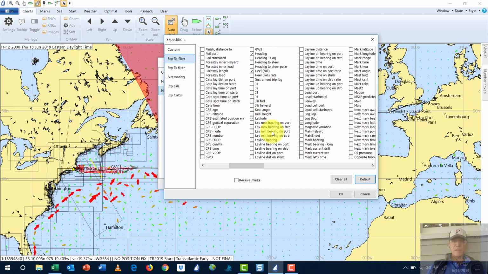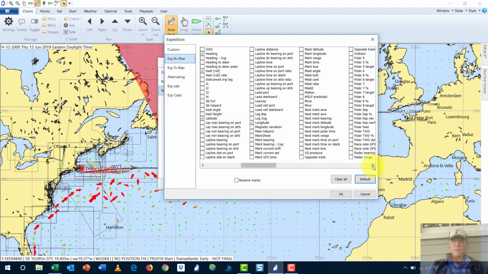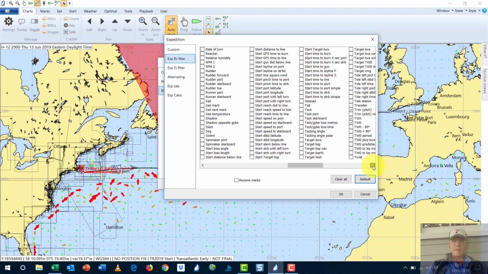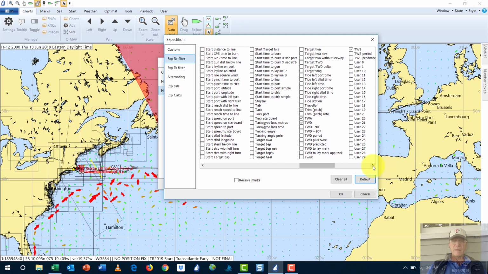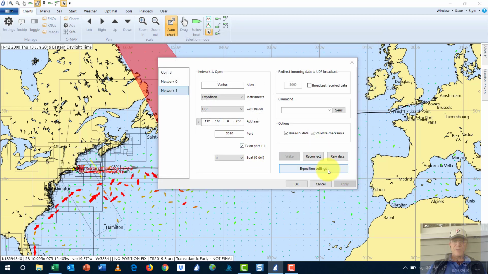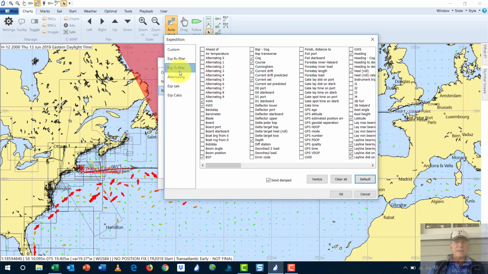heading, roll, latitude, longitude, SOG, trim, pitch, TWA, TWD, TWS, and Expedition settings on the transmit side. I've got AWA, AWS, depth, I've got heading, I have heel, I have latitude, I have lay line bearing, lay